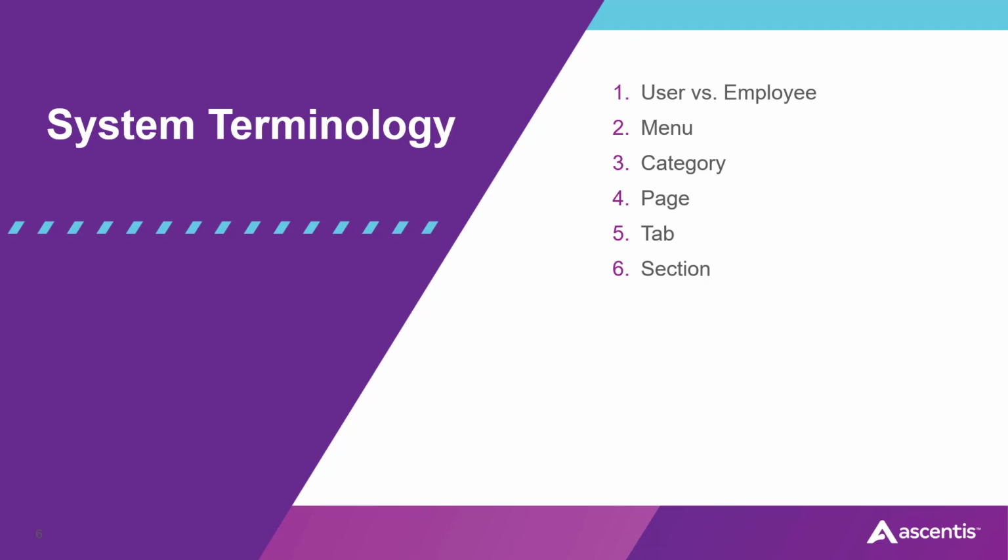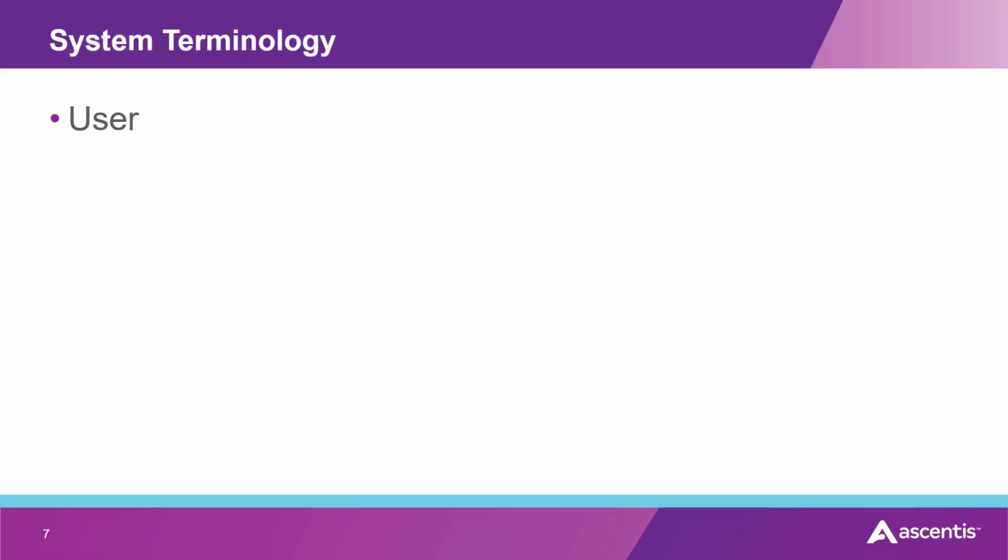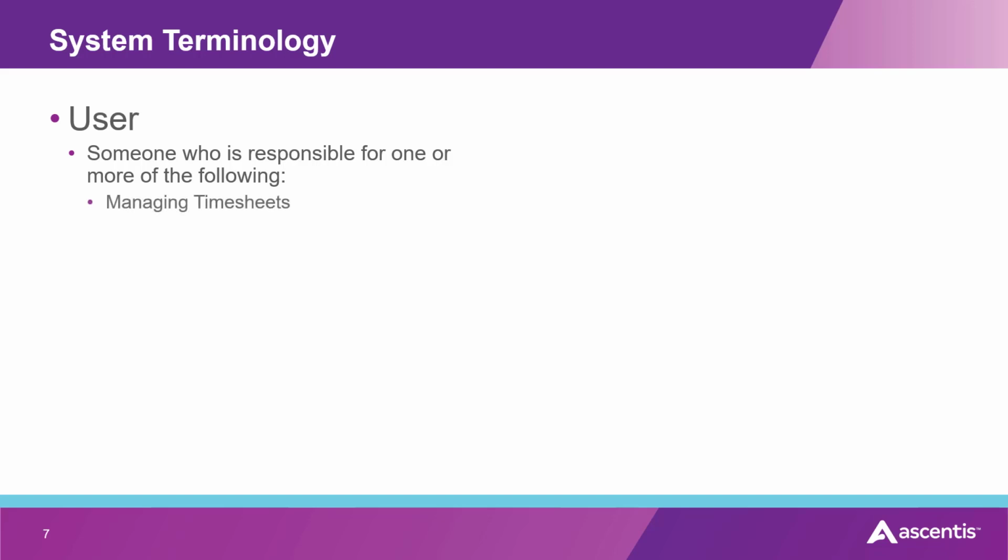System terminology. We'll review what is a user versus an employee, and define a menu, category, page, tab, and section. First, we'll cover what a user is. A user is someone who is responsible for one or more of the following items: managing timesheets,